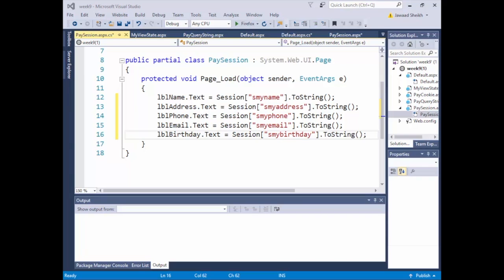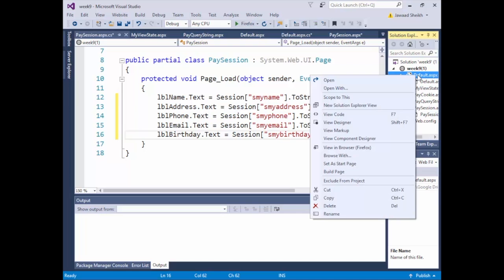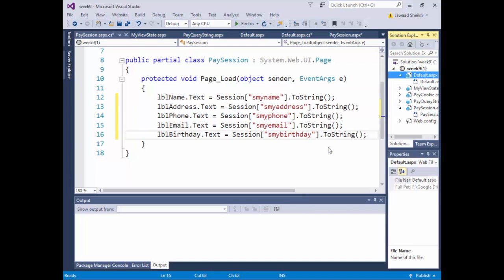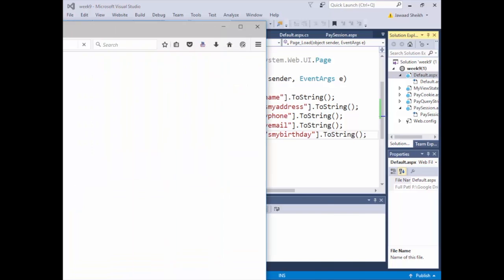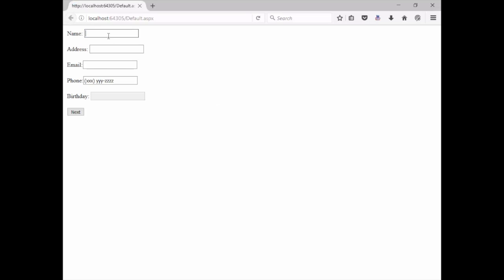Okay, now let's run it. What we'll do is we'll run default.aspx. We'll enter in all the information. Then we'll hit pay by session, and we'll see whether or not the data populates in this new page. So I'm going to right click on default.aspx, go view in browser. And we'll go Jim Kirk,